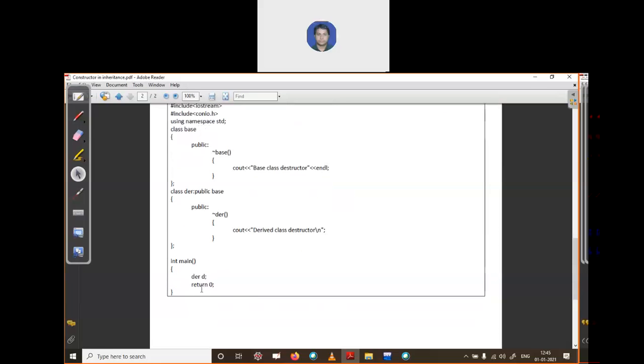This destroy does not always fire at the end of the program. It will fire at the end of the block. If there are many blocks in your program, you write this destroy for that block only, not for the whole program. It's good practice to always destroy your class or the objects of classes, if it is not necessary or useful, or your work has been completed. Just destroy it to protect your data.